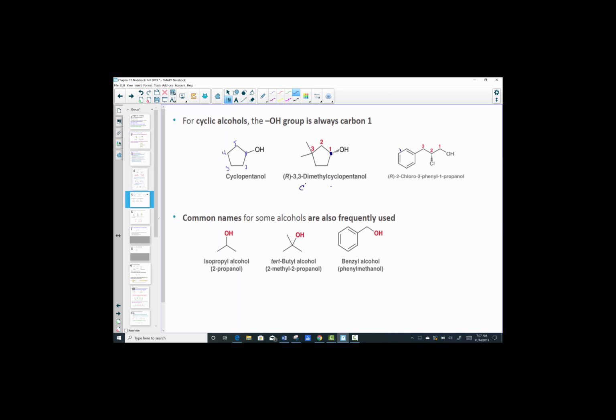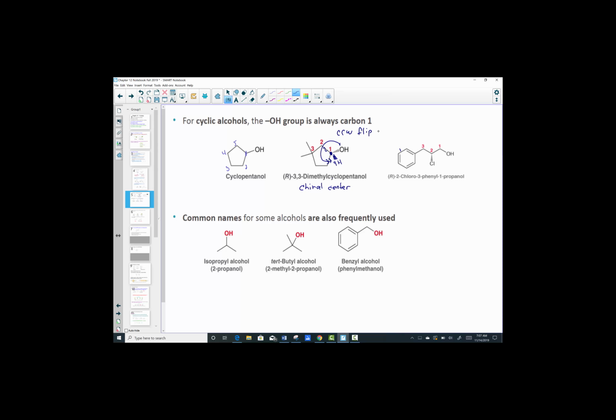Carbon number 1 is a chiral center, and so just to recall, we have to indicate if it is spinning clockwise or counterclockwise in its name. Carbon 1 is the only chiral center in that model, and looking at the priority, OH would be priority 1, and it is a dash system. Hydrogen would be the wedge. We don't see it, but we know that it's there, and it would be of lowest priority, which is a 4. And then if we spin from 1, 2, 3, it is spinning counterclockwise,